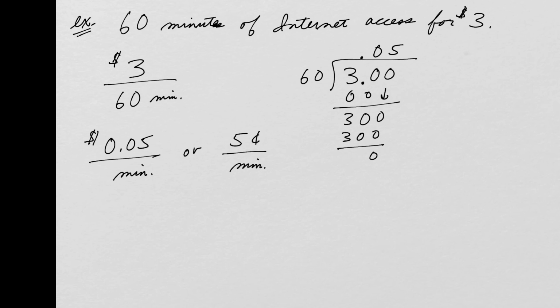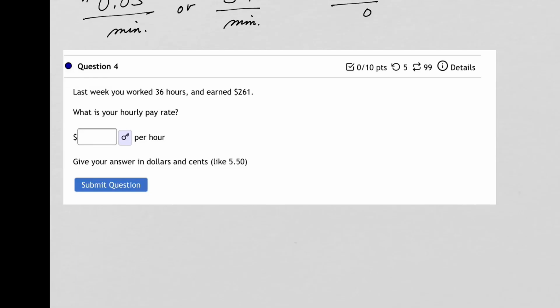great. And then let's do a few questions from My Open Math from your homework. Okay, in this example, it says last week you worked 36 hours and earned $261. What is your hourly pay rate? Right, so we want a unit rate, right? We want the amount that you get paid in dollars per hour. So how do we do this? Well, let's form the ratio first, right? It's going to be